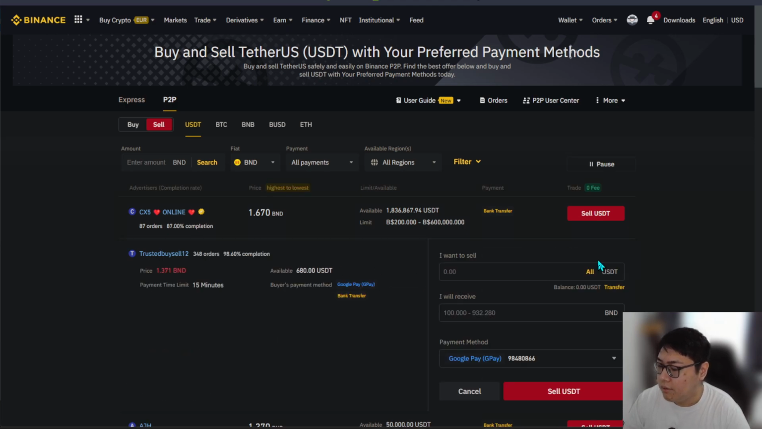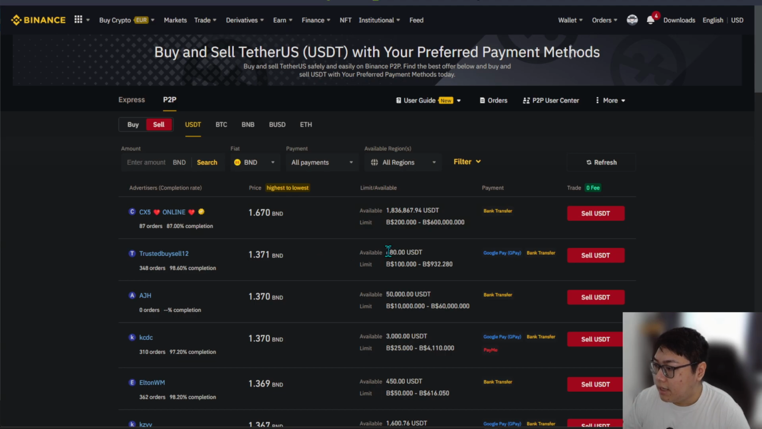1371, and click on sell. And over here you can see the minimum itself is 100 and all the way to 900 over BND. So depending on what you want to do, you can sell it. And after that, the same thing, check on the rate, check on the limit, and from there you can select